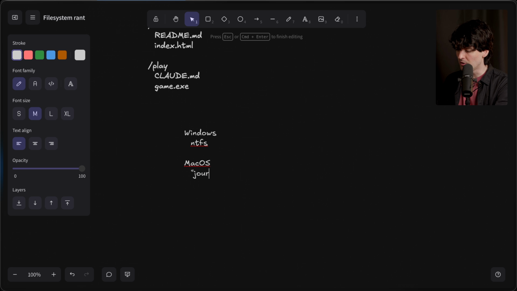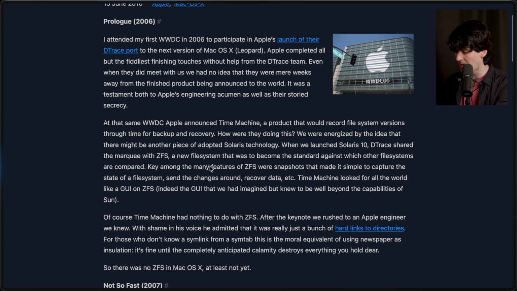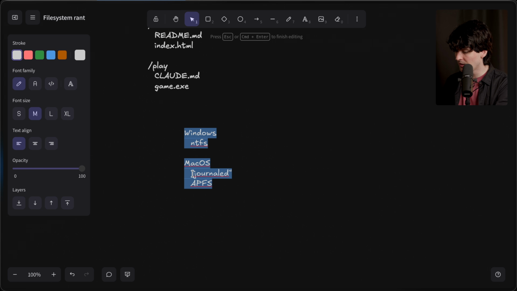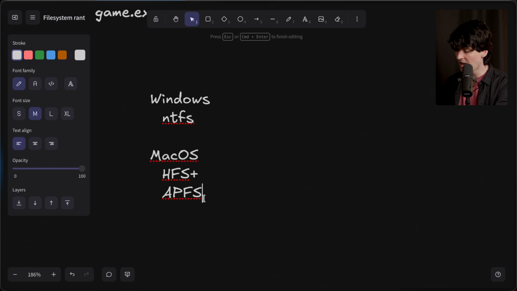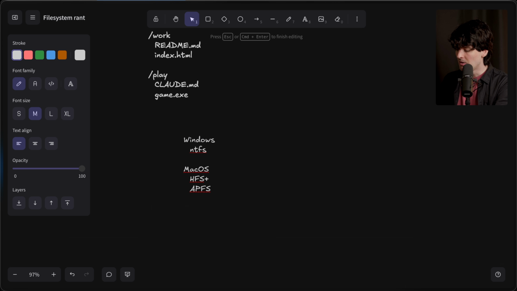macOS used to use journaled, but now it uses APFS, which is the Apple file system. Apple considered ZFS for the file system in Mac at some point, but this never ended up happening. They ended up spinning in circles on their bullshit until eventually making APFS much, much later. Also, the technical name for their old journaled was HFS+, their old, fucked up, annoying standard. APFS had meaningful improvements, but still,